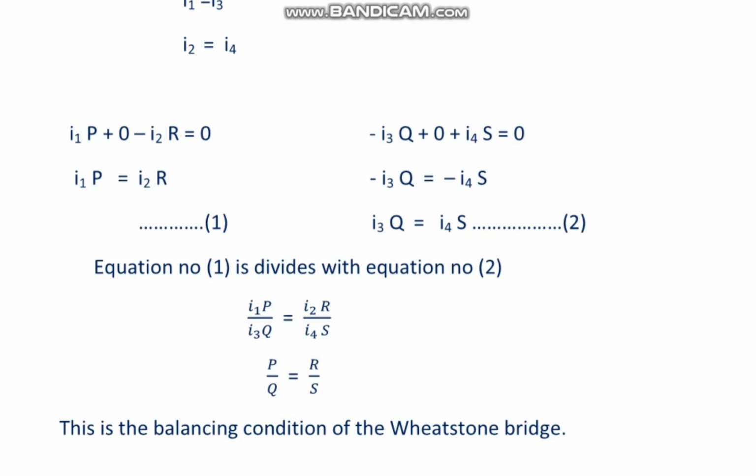So equation number 1 is divided by equation number 2. We can write I1P by I3Q is equal to I2R by I4S. So P by Q is equal to R by S. So this is the